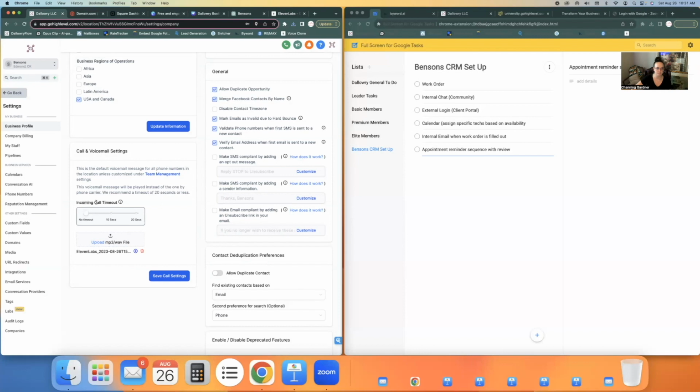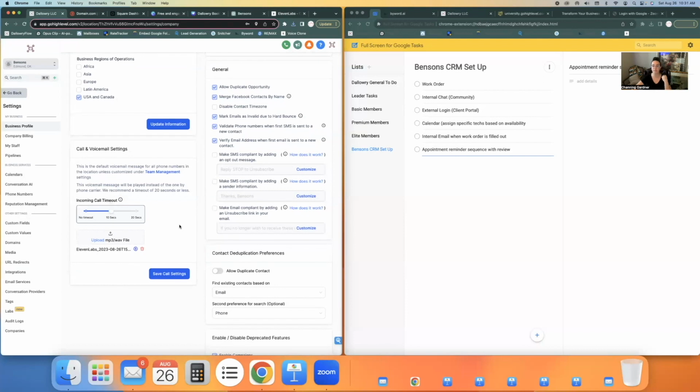And incoming call timeout. We want it to be at least 10 seconds if you want the phone to actually ever be answered. If you don't want the phone to be answered, you're going to do no timeout. If you want it to ring all the way through before it goes to voicemail, you'll do 20 seconds. I like mine to be on 10 seconds because if we're not answering in the first 10 seconds, it's because we're with a client. So they should get the voicemail, and then we'll set up some auto campaigns later for